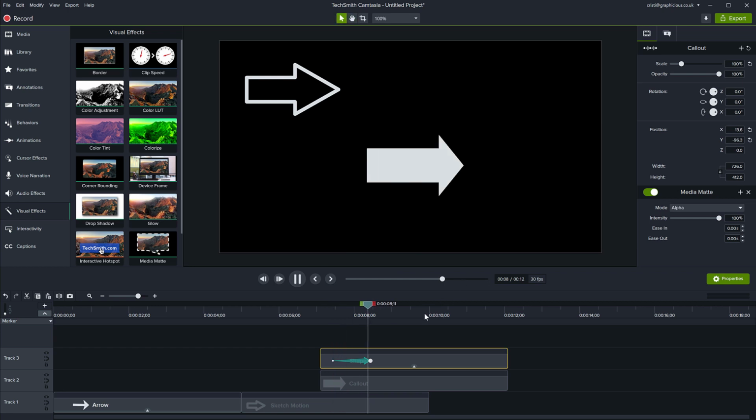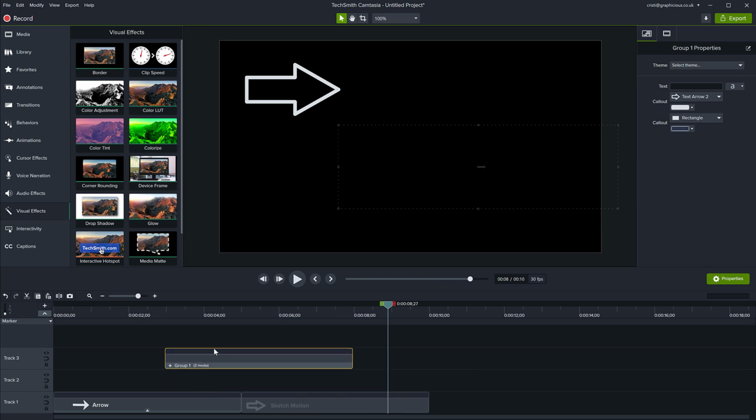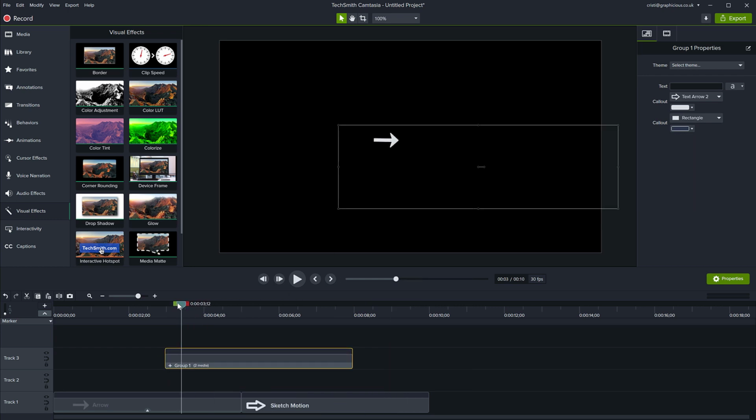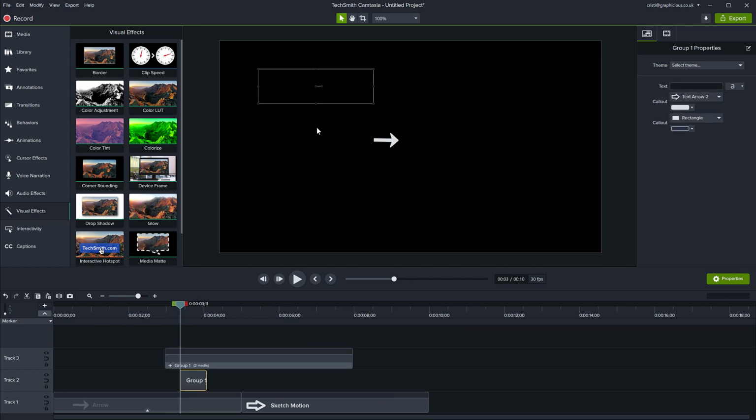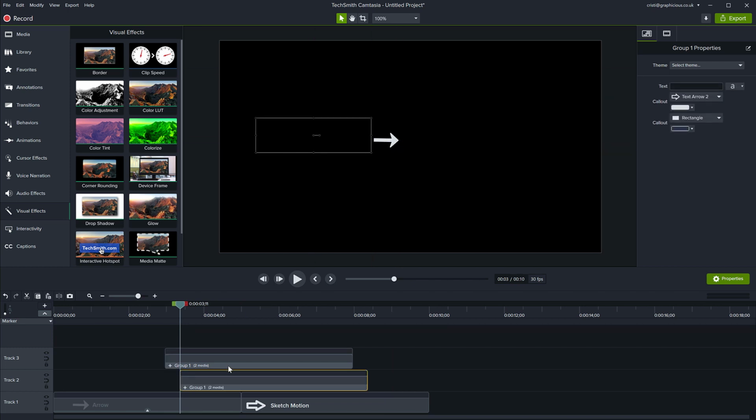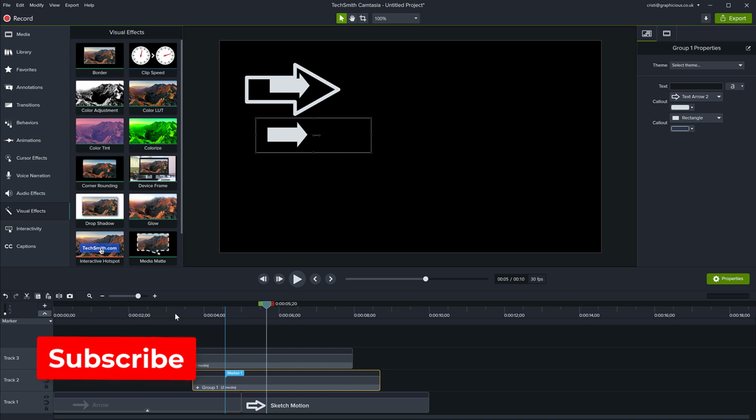So then when it comes in, it reveals the arrow. You select all of this, you group it like that, and then you have a moving object, a revealing arrow, which you can use in your project. Just make different copies of it all over the place at different time intervals, and they will reveal each other like so. So just bring them in when you need.